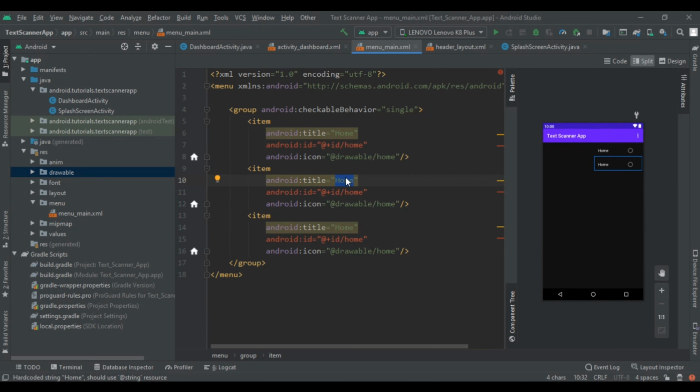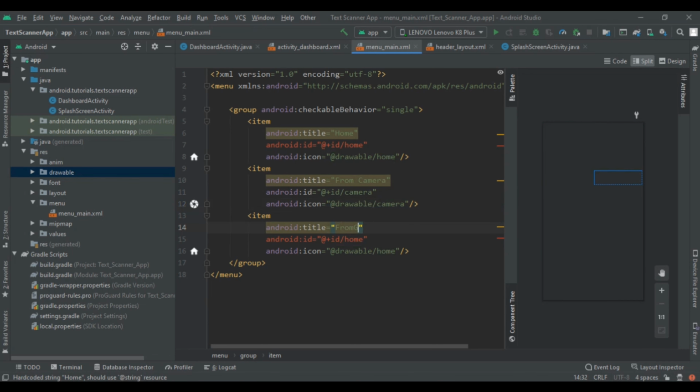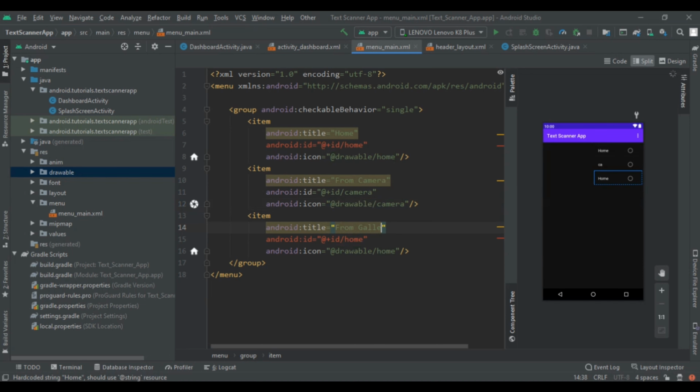So here I am using camera or from camera, then use ID to be camera, and then here from gallery and give its ID to be gallery, and drawable also image.